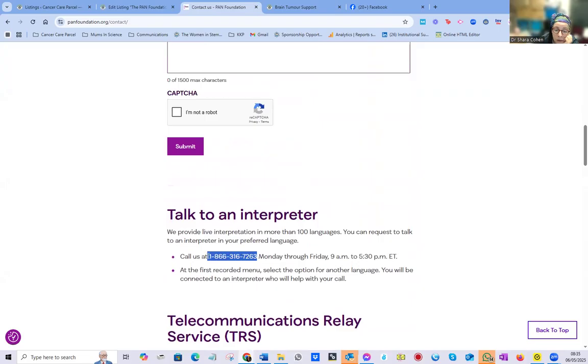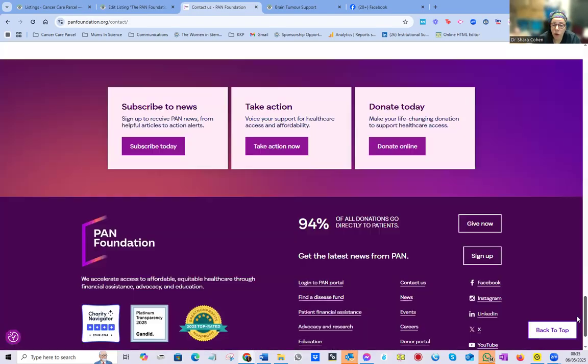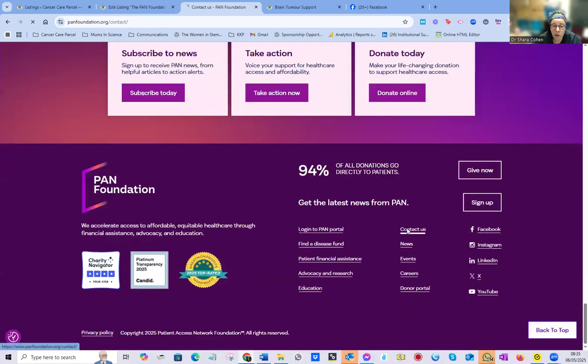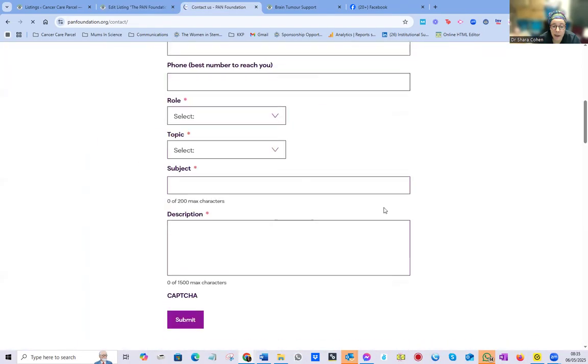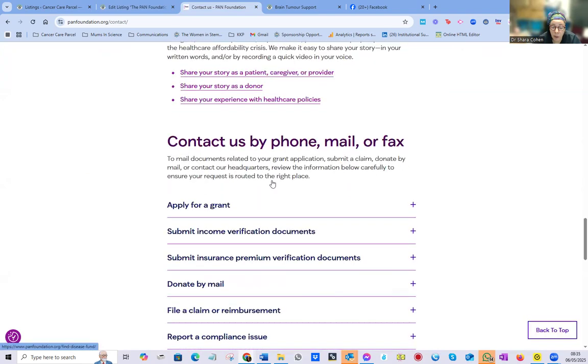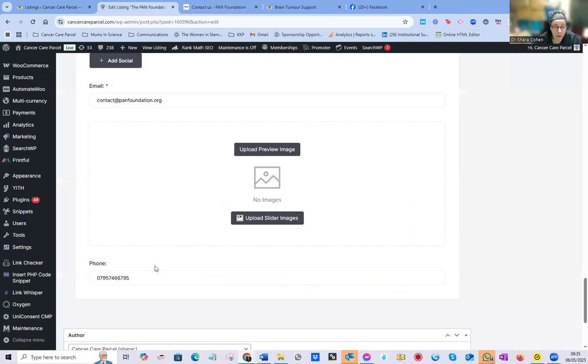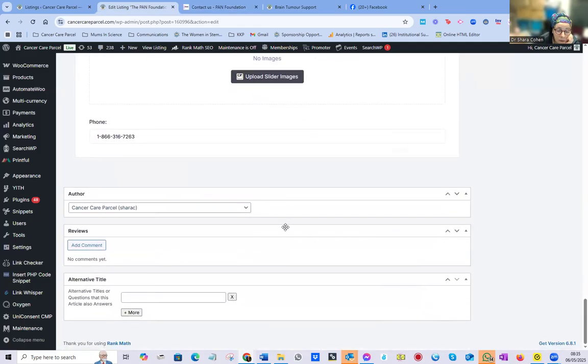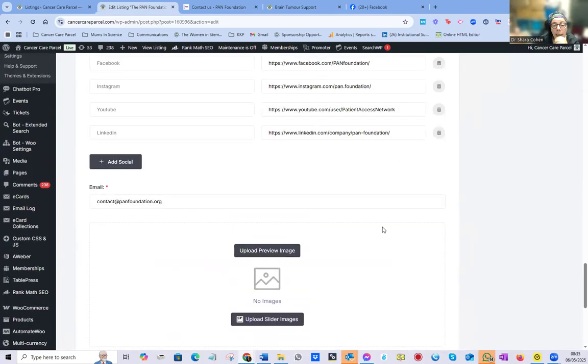Let's just assume that that is their general number. Usually you have all the contact details down here, or where you do contact us, you've got the contact details there, but it's not that easy. So put the phone number in there. Everything else we can leave,